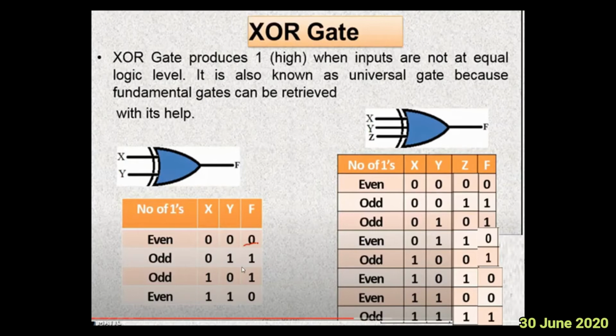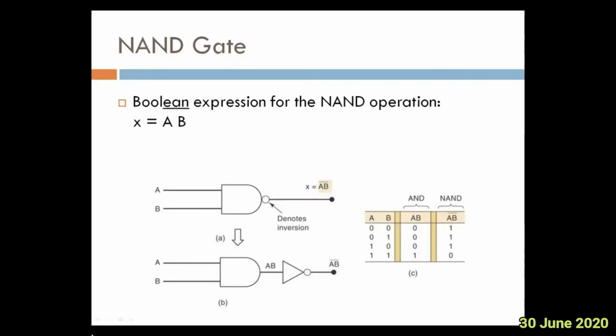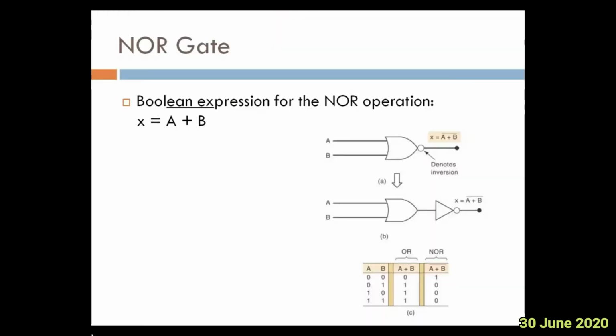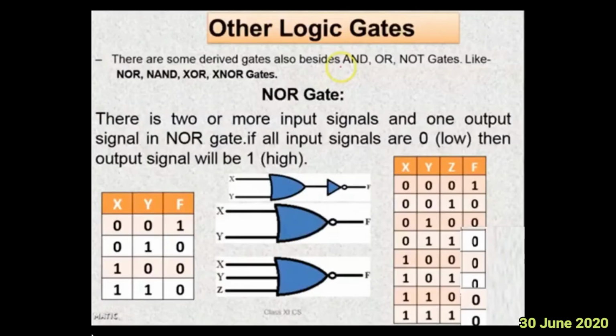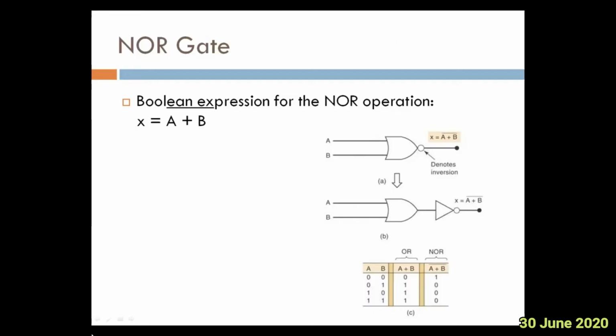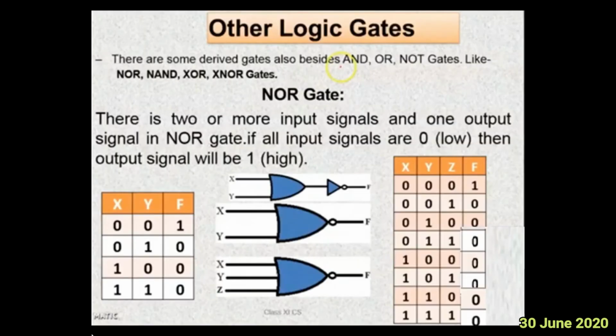Now what will be the expression for the exclusive OR gate? Can you tell me the expressions for the gates? What is the expression for the NOT gate? X equal to X bar, right? If X is the input, output will be X bar. What will be for the OR gate? If X and Y are inputs, OR gate will be X plus Y. What will be for the AND gate? If X and Y are inputs, output will be X dot Y.